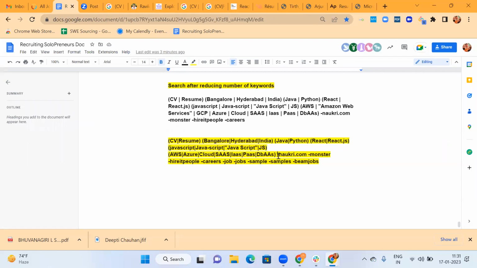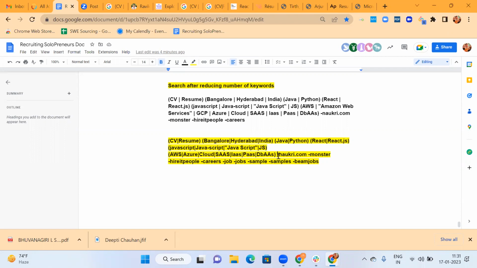Basically, there are two types of web: one is closed-ended, one is open-ended. When I say open-ended, web profiles are accessible through Google, whereas closed-ended web profiles like Naukri, Monster, Career Builder, Dice, Hire IT People are job portals, and the profiles in these job portals are hidden and protected.